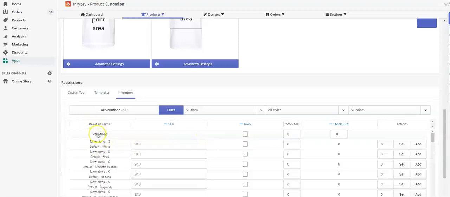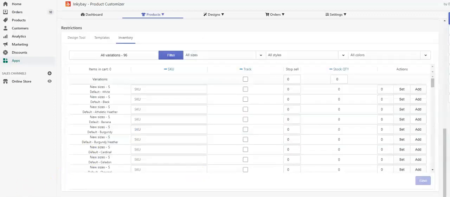These items in the cart show the total number of variants of this product added to the cart. Each variant comes with an SKU field where you can use custom SKUs. You can see the SKU in order details in Inkybay admin and also in the downloaded order output file. If you keep the SKU field blank, then Inkybay would look for the SKU in your Shopify store for that product. You will see the first SKU set in Shopify for that product in the order output file. For now, I am leaving it blank.